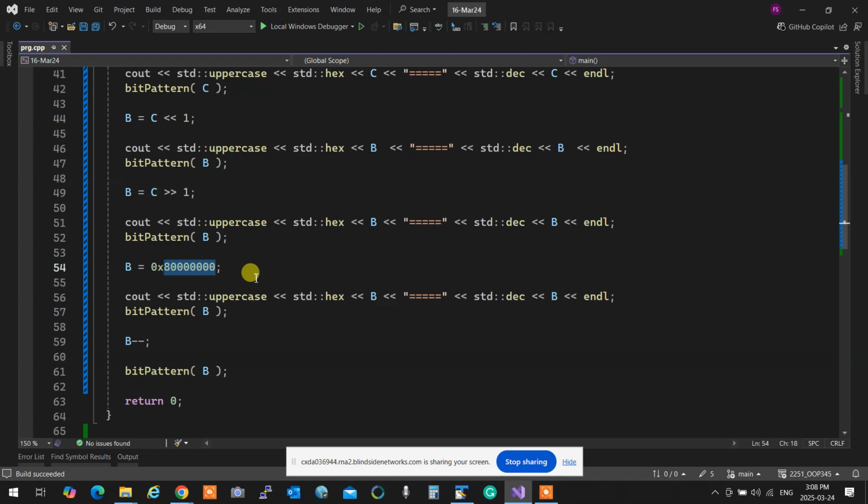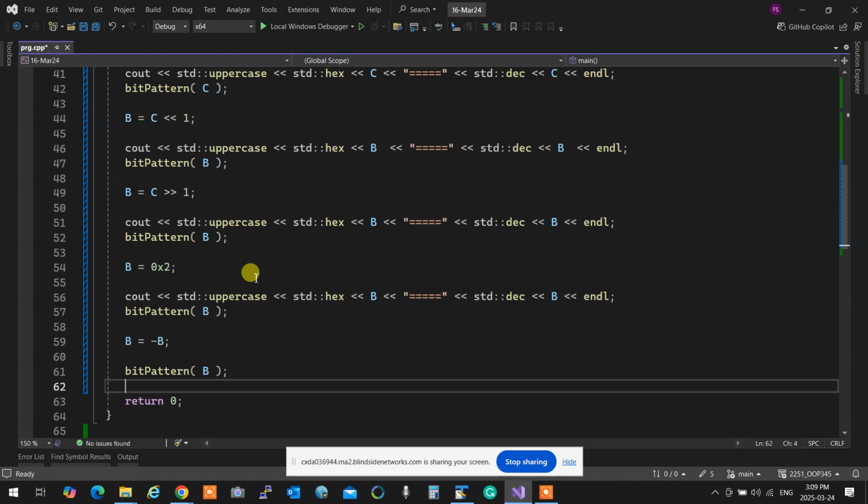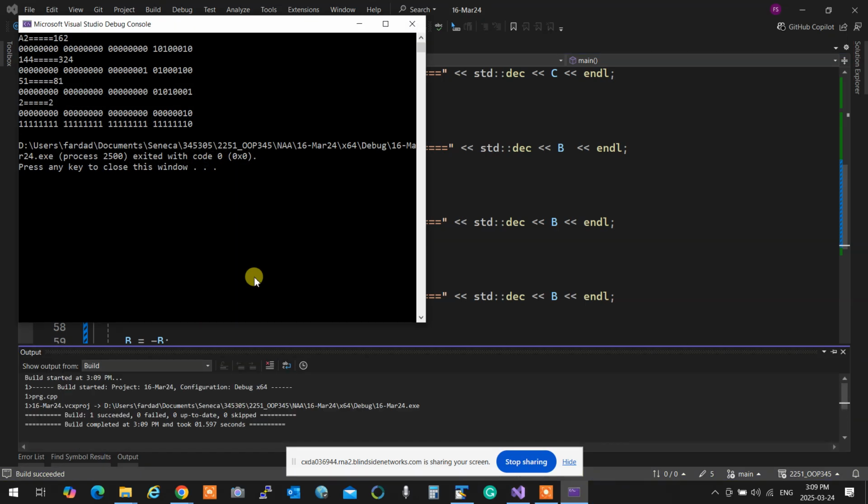So I'm going to say over here a is 2, okay, and I'm going to say b is equal to minus a. So this is 2, this is minus 2.